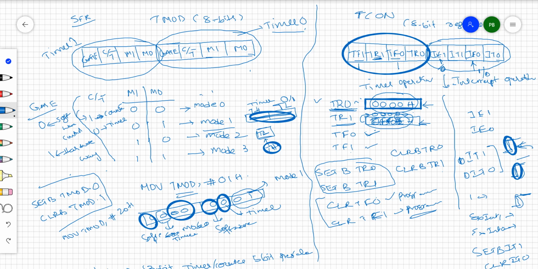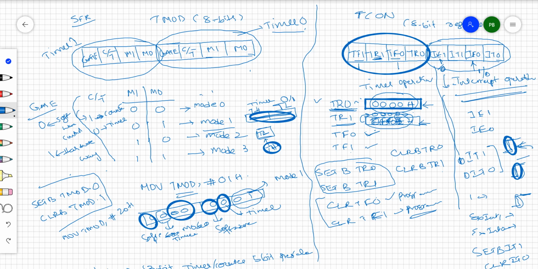So like that, these 4 bits are going to control the interrupt operation: what type of interrupt, and whether the interrupt is acted upon by the controller or not. You can sense it through this and control it through these 4 bits, right? This one we will see later on. So the concept we learned here regarding the interrupts, we are going to use for the interrupt operation in the 8051